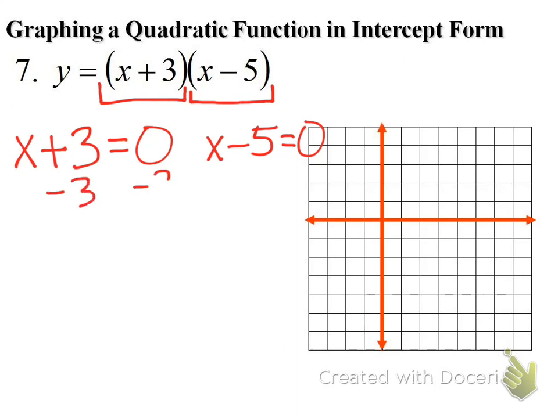So I'm going to subtract 3 from both sides. So one of my x-intercepts is negative 3. I'm going to add 5 to both sides, so one of my x-intercepts is 5, and then I can graph those. So I have a point at negative 3, I have a point at positive 5,